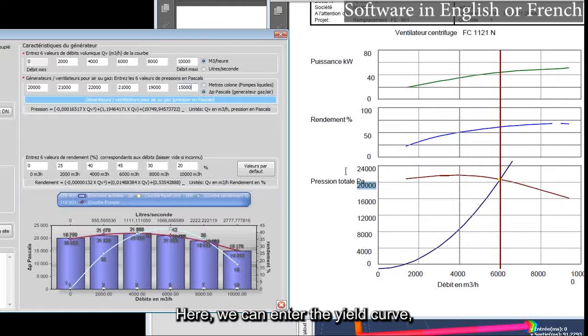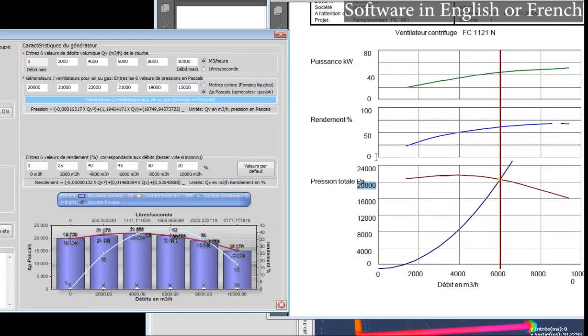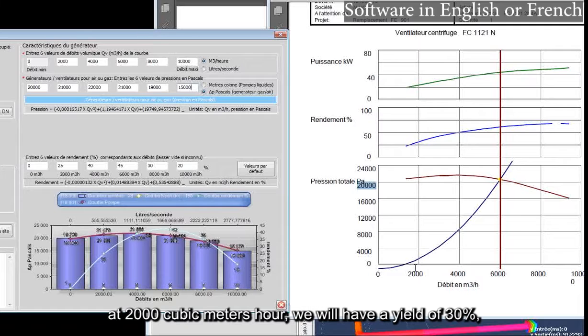Here, we can enter the yield curve. This will tell us the yield of our system. If we follow the curve, at 0 cubic meters, of course, the yield is 0. At 2,000 cubic meters per hour, we will have a yield of 30%.